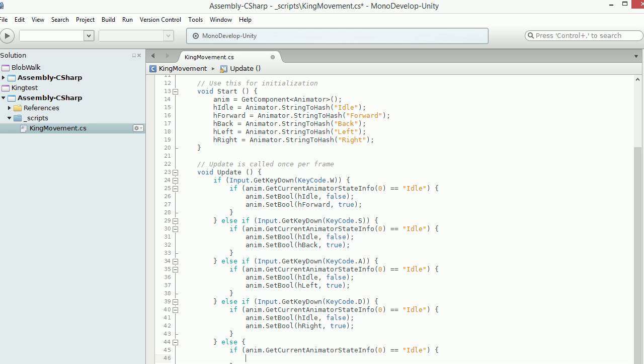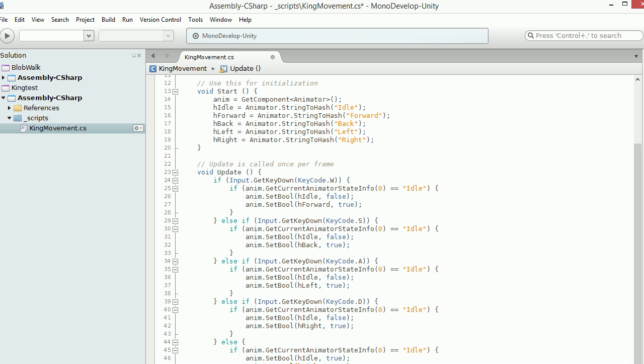So if we were to not put this if statement in, and you hit W and let go of W real quick, then basically it would jump to forward and then jump immediately back to idle on the next frame. So paste that down there. So we're going to set idle to true,